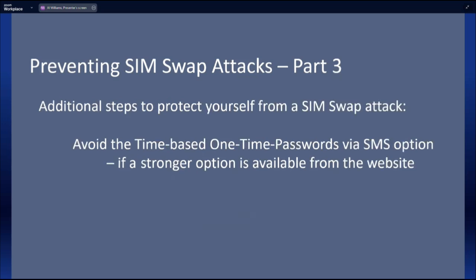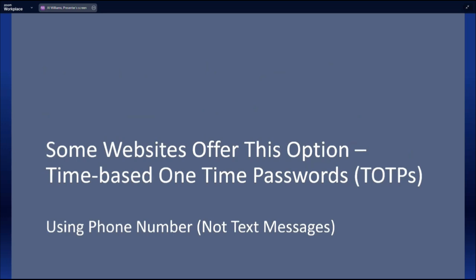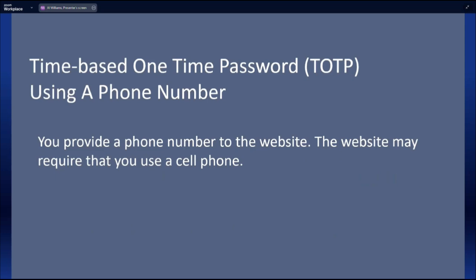And it may be possible to do something besides using the text message approach for getting a TOTP. Some websites offer this option: use a phone number. You say, well, that's about the same thing. Well, it is. Okay, yeah, I'm talking out loud here. I'm just realizing there's a flaw in my logic. Sorry, John and Judy. But you can get a TOTP by using a phone number, not a text message. And again, what you would want to do is use a Google Voice or a third-party VoIP